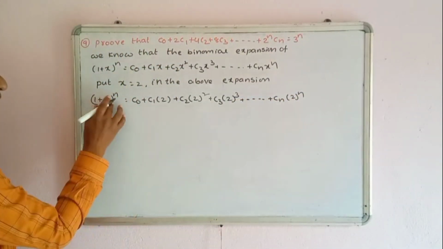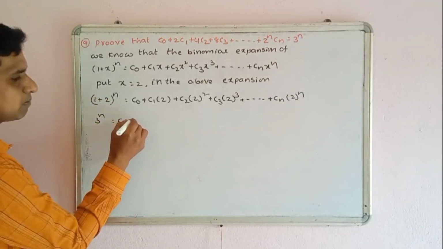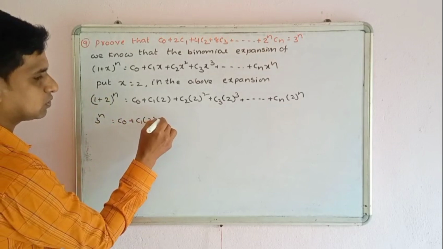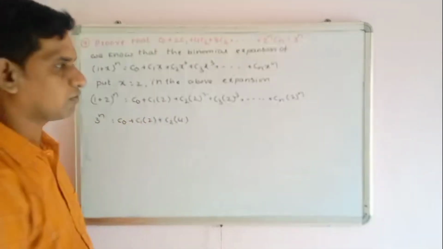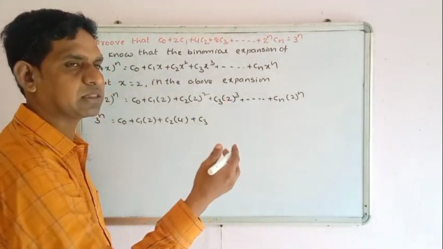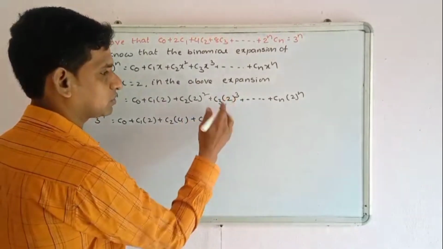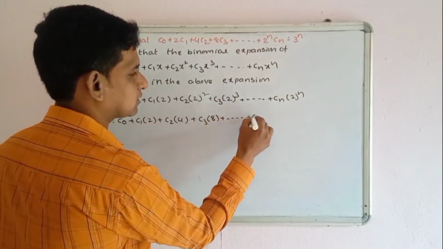So 1 plus 2 is 3 power n equals C0 plus C1 times 2 plus C2 times 2 square, which is 4, plus C3 2 power 3, right? 2 2s are 4, 4 2s are 8, plus so on, Cn